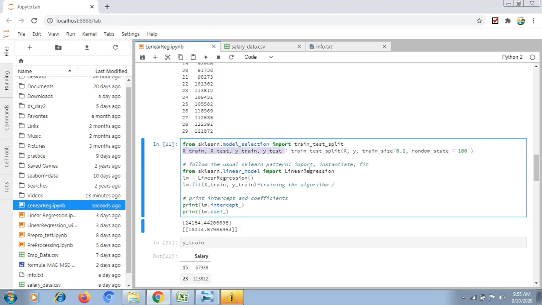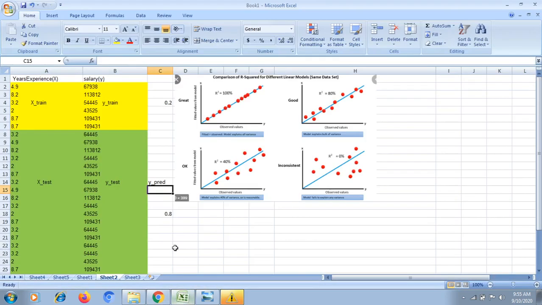For example, right now I want to train my model. We are using linear regression. This is my model, this is the object I am creating; this is the class I'm accessing using the object. This is object dot fit. This is the method I am trying to call. Within this class we have the method fit. I am trying to pass my X train and Y train data. To train the model, I need to pass this much information.